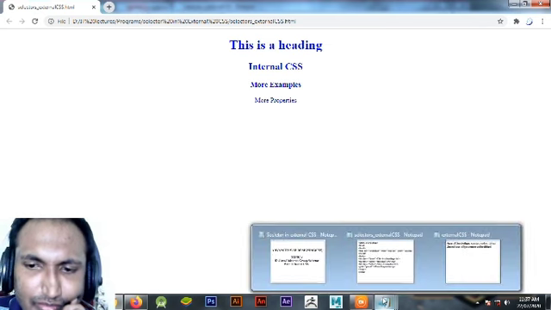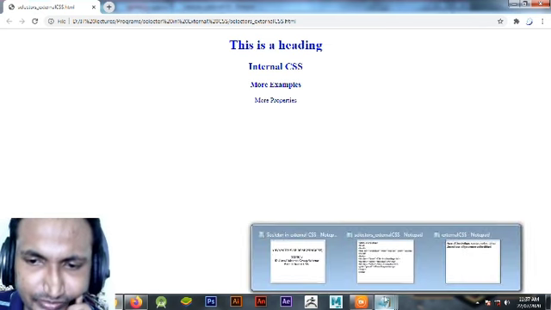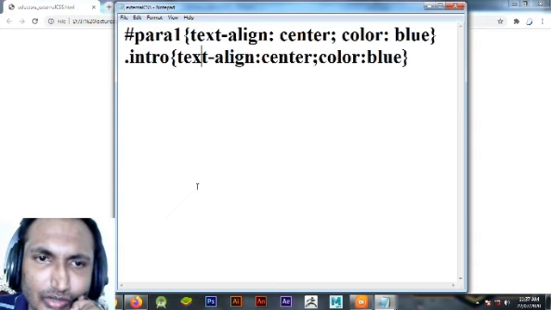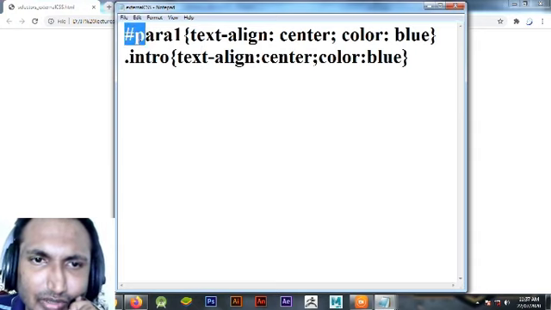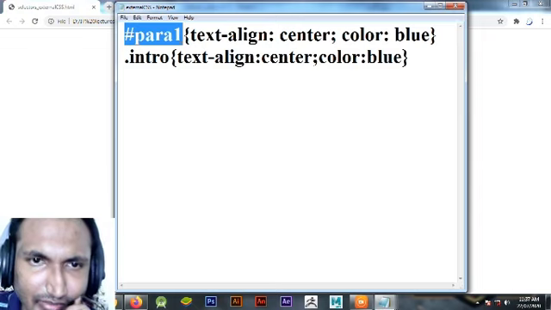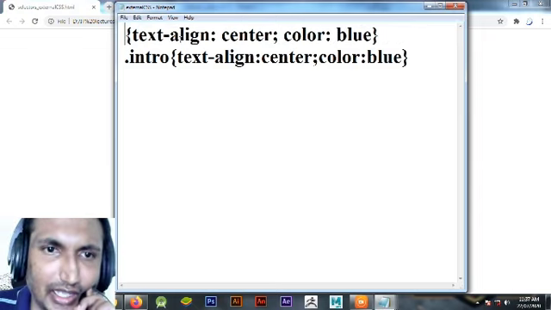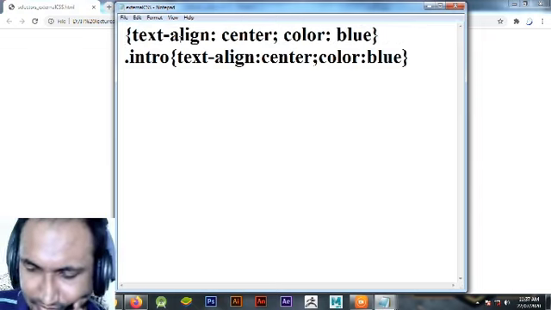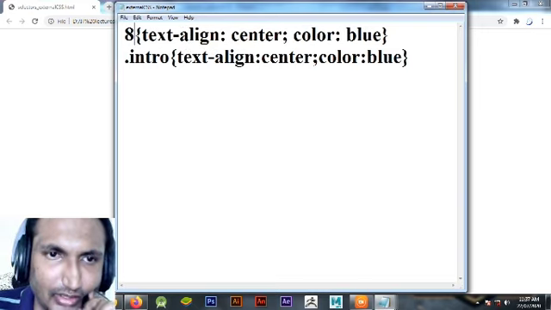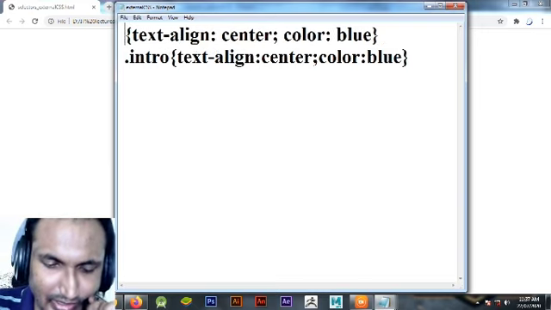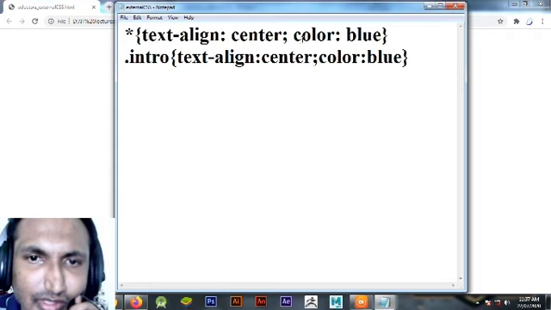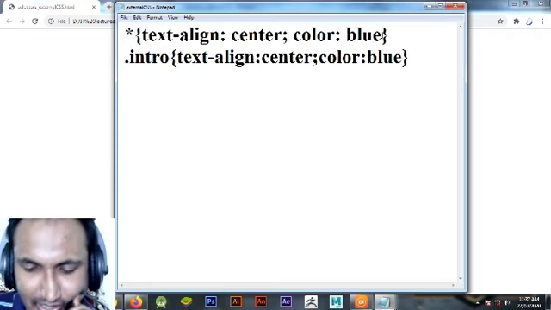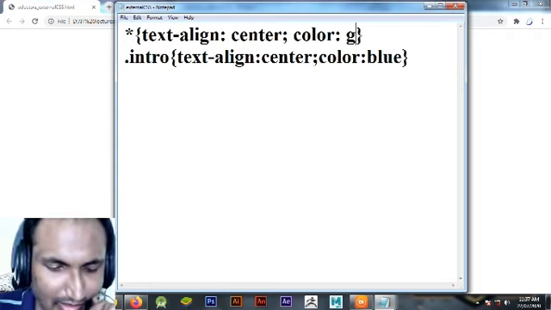So if you want to group or universally you want to make a universal selector, then simply erase this and make this universal. Let's say we can make this universal, and I am simply making its color green.